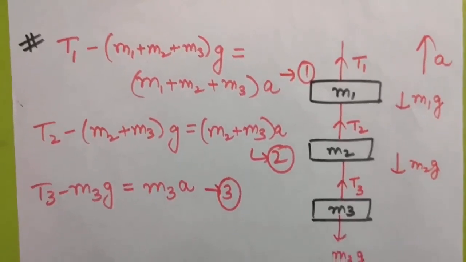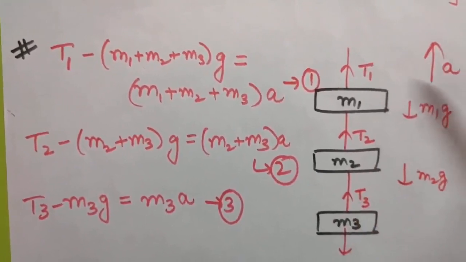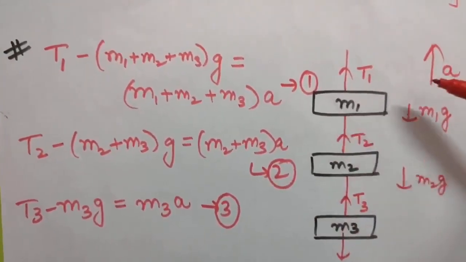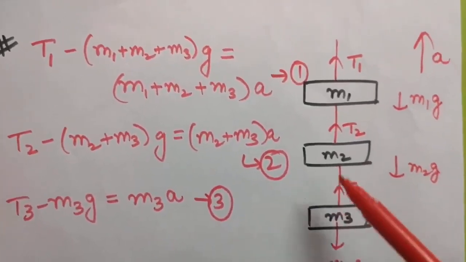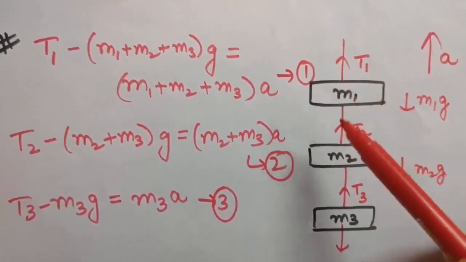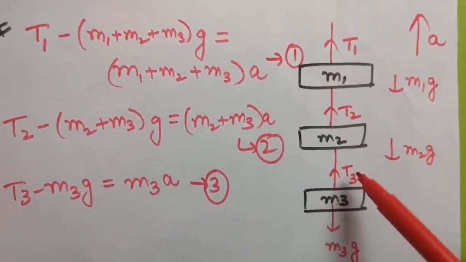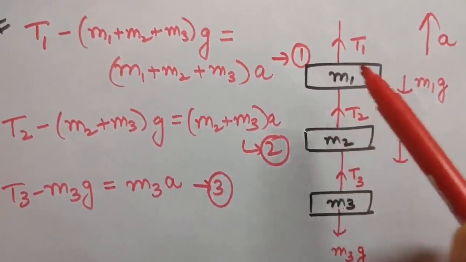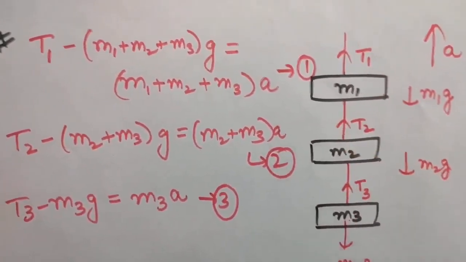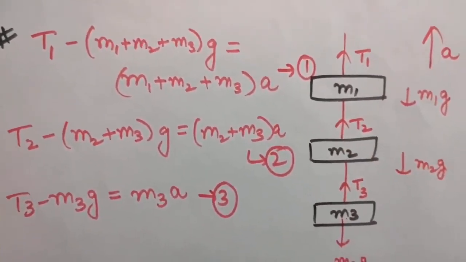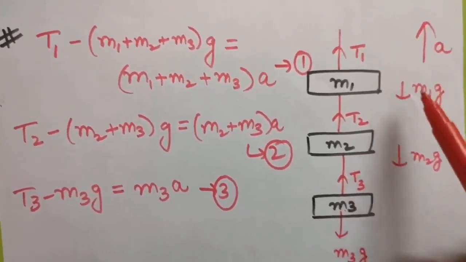Okay, so now again look at this case. Now in this case, there are three masses m1, m2, m3. And let us suppose this whole system is moving in upward direction with acceleration a. Okay, so now as you can see, these are three different strings which are connected between the masses. So let us suppose at this mass tension is T3, for this mass tension is T2, and for this mass tension is T1. Or you can say in the particular strings the tensions are T1, T2 and T3 in upward direction. Also you know the masses will be acting downward, so this is m3g, m2g and m1g.